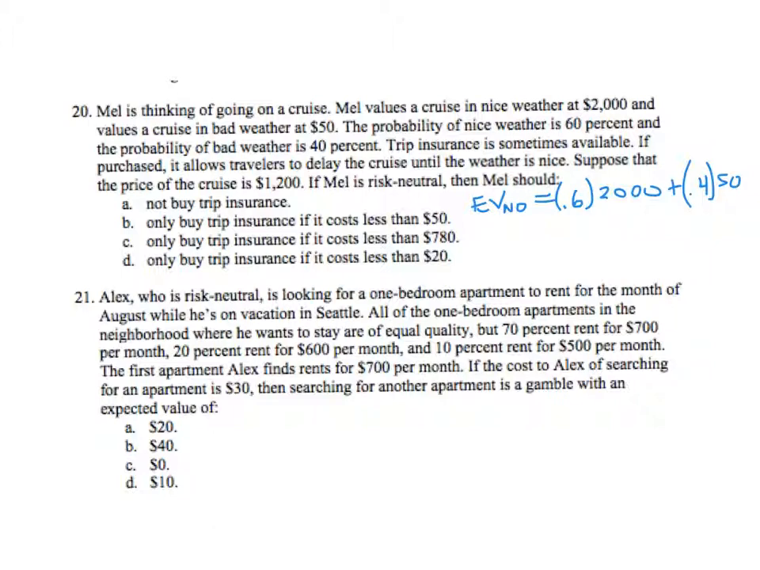And then 0.6 times 2,000, that's 1,200, plus 20, so it's 1,220. Pardon me, I didn't get my calculator out. And then if he has insurance, his expected value is